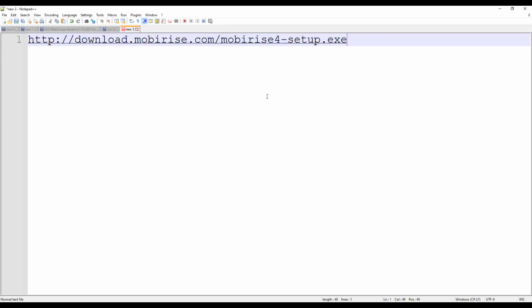In fact, if you've already hit enter, fine. But if you haven't, don't even hit enter yet. Just put in that address. This is the address that will allow you to download version 4 of the package that I just showed you. It's called MobiRise. Now, version 5 is available, but I have not used it yet. It's only been out for a few months, but I've used version 4. And in fact, that's the version that I used when I created that website for the Scratch programming class last week that I showed you.